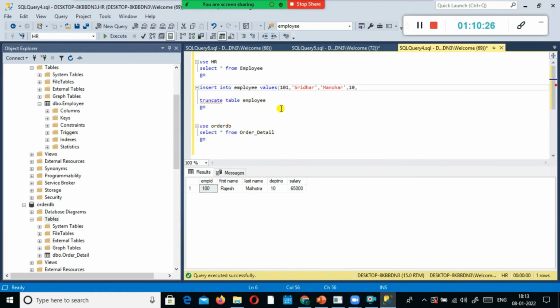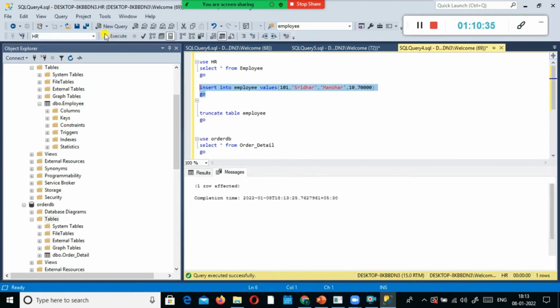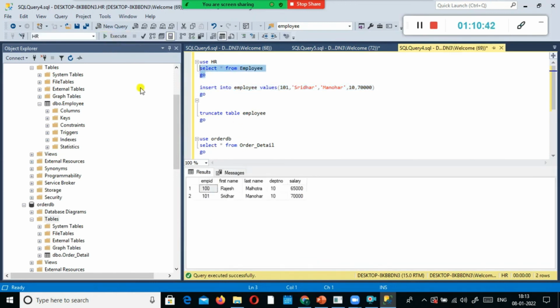His salary is, let's say, 70,000. I say go here. I click execute. One record got inserted, and if I use select star from employee, yes, this record got inserted successfully into my table.